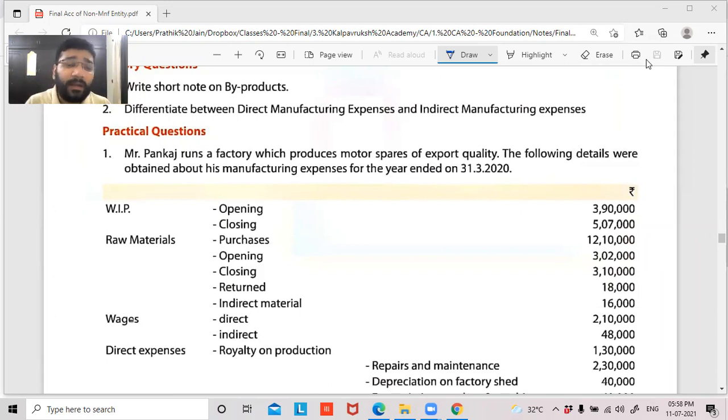Going on further to the trading account, guys. In the trading account, we record all the expenses that are incurred in relation to purchase. So opening stock of the goods, which goods? Finished goods as well as traded goods. Finished goods, guys, is the only exception that comes to the trading account. All the other items related to finished goods manufacturing are recorded in the manufacturing account. So opening stock of finished goods and closing stock of finished goods come in my trading account. Opening stock of traded goods and closing stock of traded goods come in my trading account.